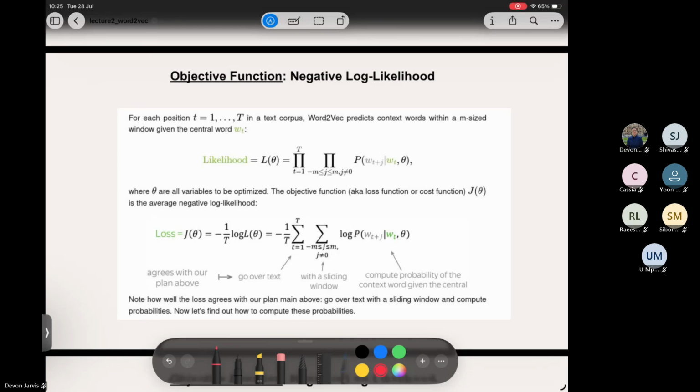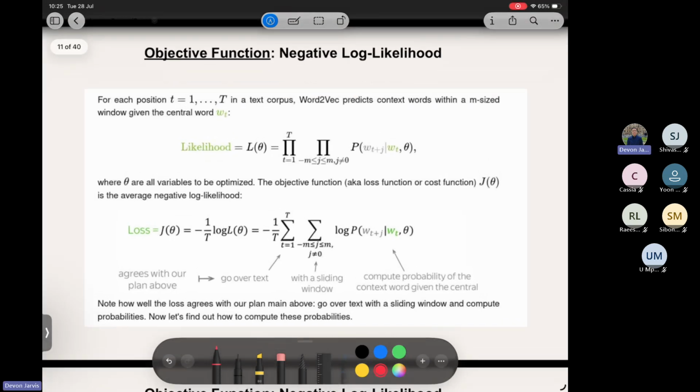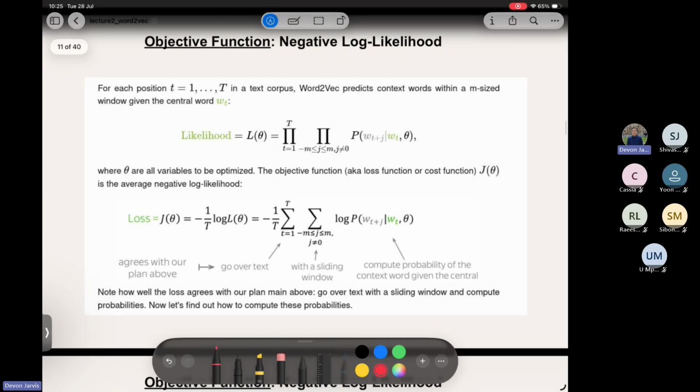Okay? So here's the little bit of maths that comes with this model. So we're going to be optimizing the negative log likelihood. I'm going to walk through this fairly quickly. So for each position, we have t, okay, the index of time in our sentence. All right, so the first word in our sentence will be 1, and the last word will be capital T. Okay, so all the words in some text corpus,